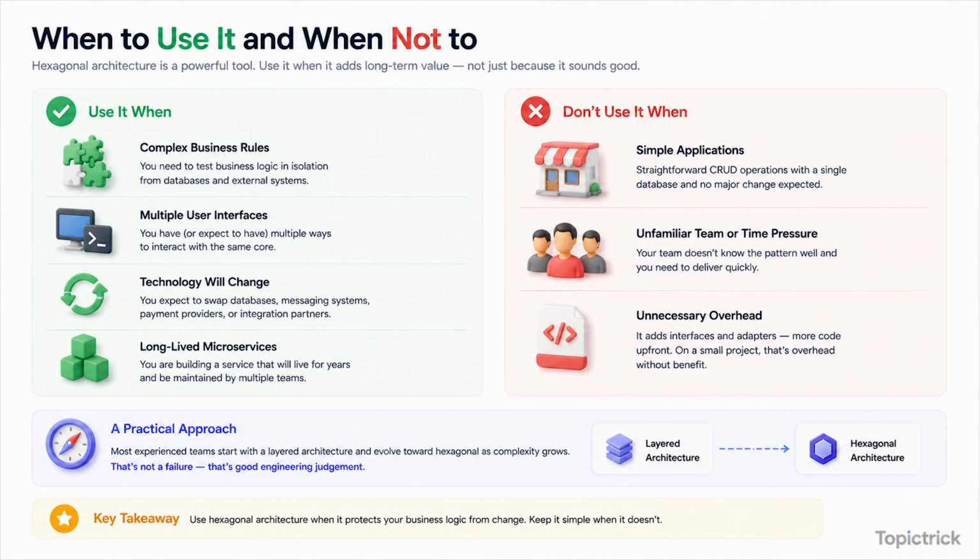Hexagonal architecture is powerful, but it is not always the right choice. Use it when your application has complex business rules that need to be tested in isolation. Use it when you need to support multiple user interfaces, for example, both a web application and a command line tool using the same core. Use it when you expect the technology around your application to change: a database migration, a new messaging system, or a new integration partner. Use it when you are building a microservice that will live for years and be maintained